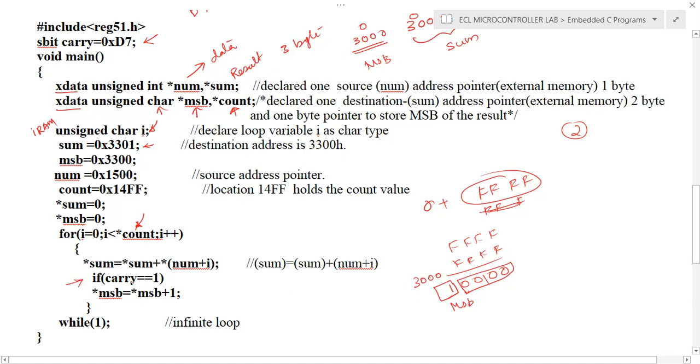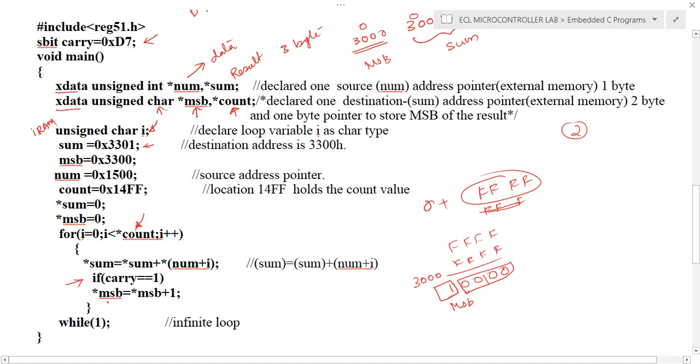We'll check the carry flag. If the carry flag is equal to 1, please load the MSB location with 1, or we can add to the MSB. Similarly, if you add another value, and if there is again a carry, then we need to increment this MSB location.